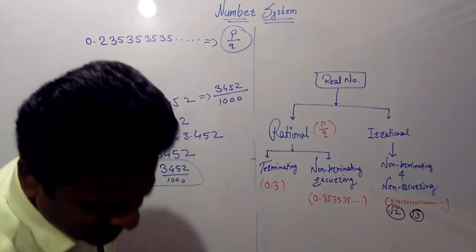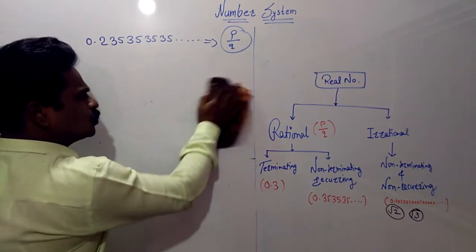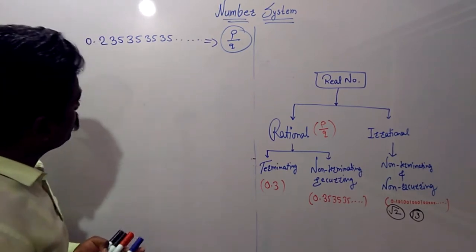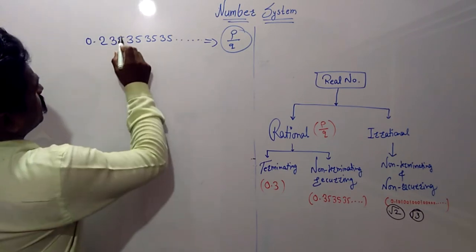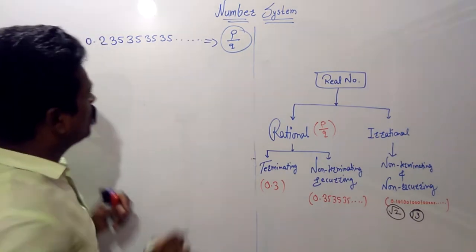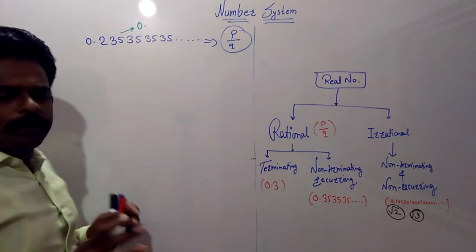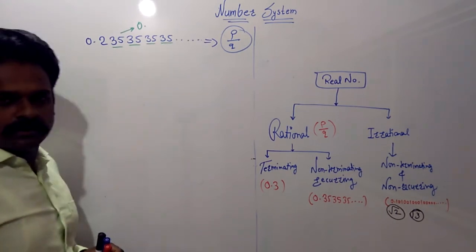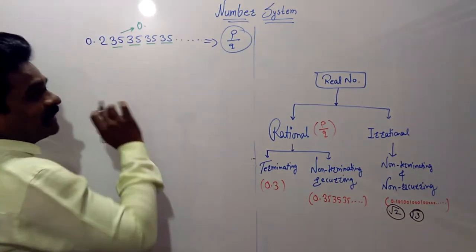Now, if terminating rational numbers are there, then that is too easy. Okay, fine, no problem. Now let's move towards this example. How can we write it in p by q form? So as usual, we'll do one thing. First, how can we write the given number in bar format? The same number can be written as 0 point... Which group of digits is going to repeat again and again? This is 35, 35, 35, 35. So 35 is the repeating number, meaning the recurring number.